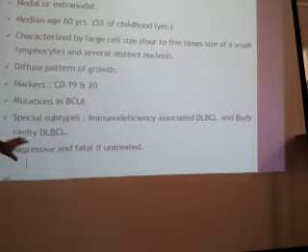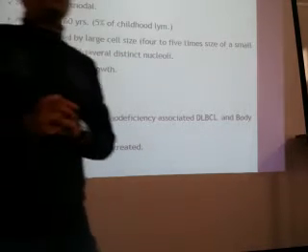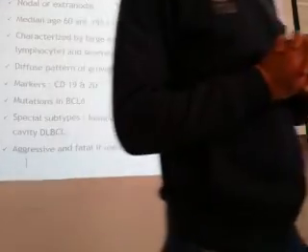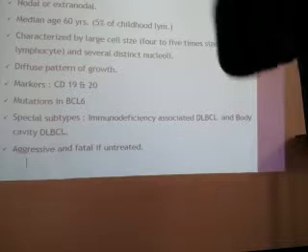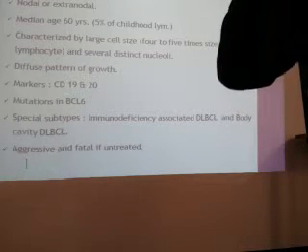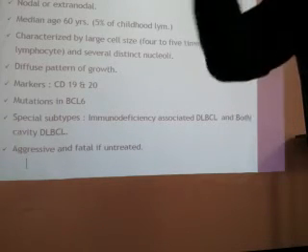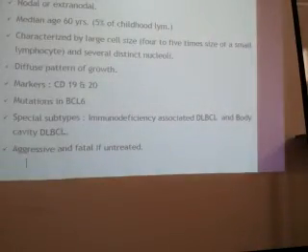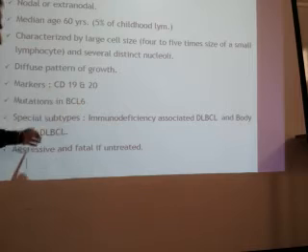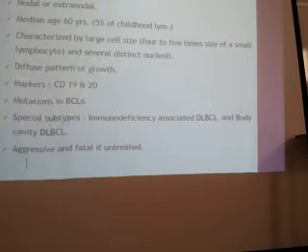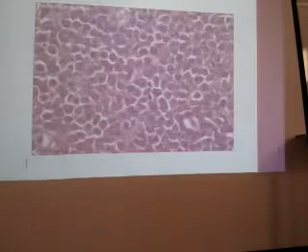And this is aggressive. How do you say this is aggressive? Diffuse large B cell. Large things are aggressive. I remember it like this. Diffuse large B cell. So aggressive. And the patient can die if you do not treat it. And there are special subtypes which may be associated with immunodeficiency, or they arise in the body cavities. So just names. So diffuse large B cell, you will find this.